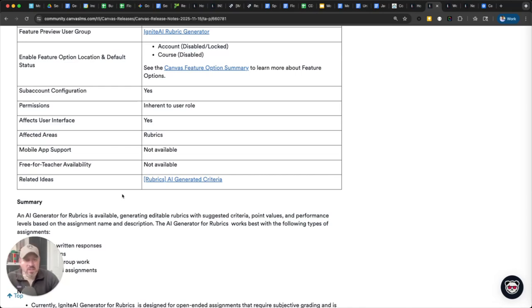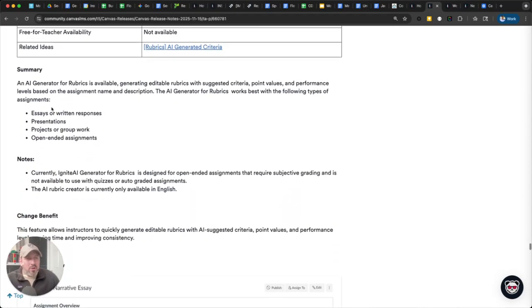The reason for this is all of our AI tools right now, this will change in the future, but right now are siloed tools. That means they're not using outside data. They're not pulling in data from outside of Canvas and using that to generate content. They're only using content that is housed within Canvas or that has been already created by the instructor. So because of that, this tool, in order to generate a rubric, is using the data that it's pulling from